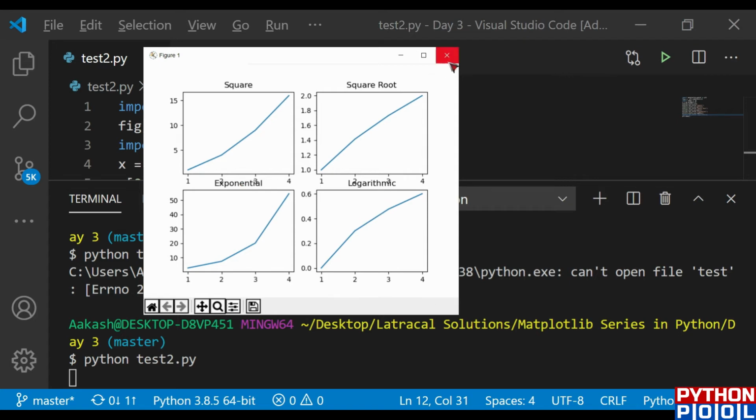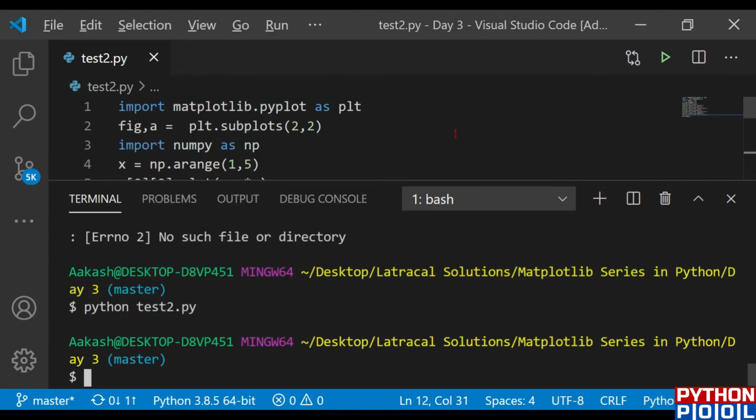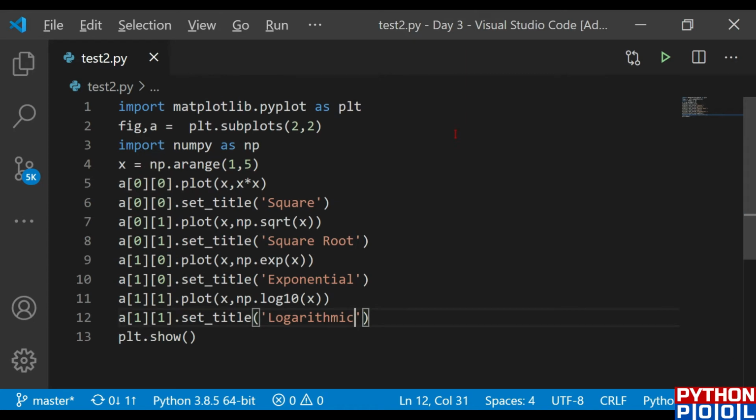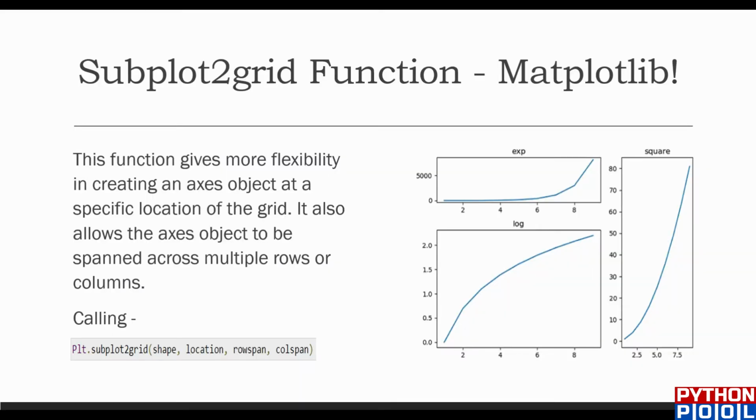Okay, now we have learned about multiple plots, we have learned about the subplot function. Now coming to the subplot2grid function. The subplot2grid function in matplotlib gives more flexibility than the subplot function. Now I could define how many columns it could span, how many rows it could span. Instead of a matrix, instead of a fixed place, I could just define the place, like placing widgets in tkinter. In a tkinter GUI, we could define where our widgets should be placed. That's how the subplot2grid function allows us to place the graphs in the matplotlib canvas. So you could see this graph.